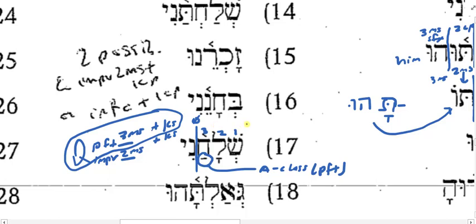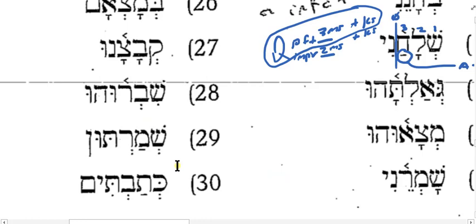All right? If I had a sere here, and it would have been shilacheni, then that would have been the command, imperative 2MS. Send me. Okay? Okay, so number 28, we have